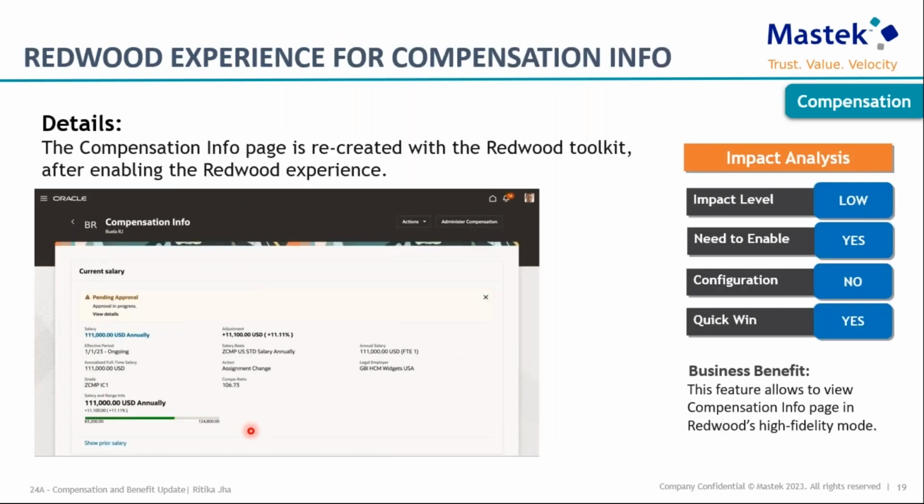Next compensation update is Redwood Experience for Compensation Info. The compensation info page has details of current salary, additional compensation. All these things are now recreated with the Redwood Toolkit, which can be utilized once the Redwood experience is enabled. Hence, the business benefit is this feature allows admin to view the compensation info page in Redwood high fidelity mode,